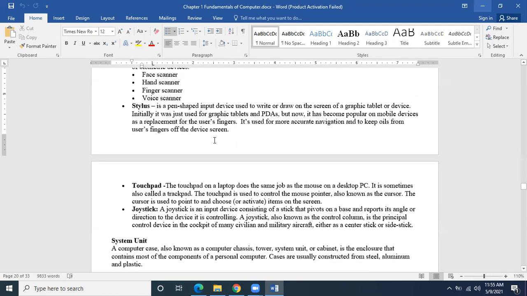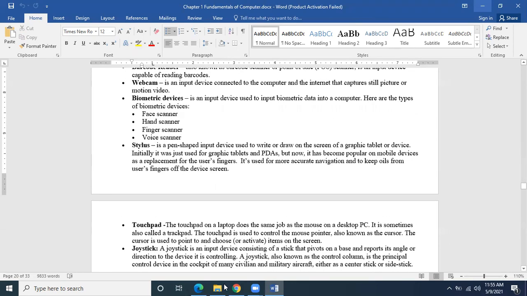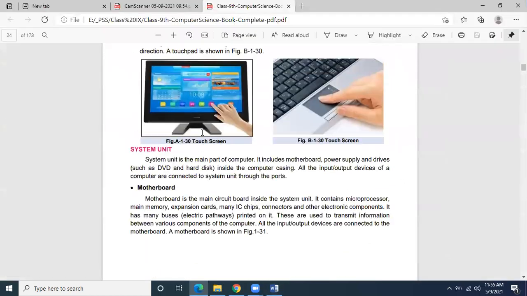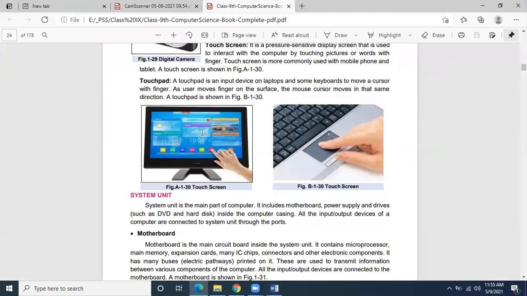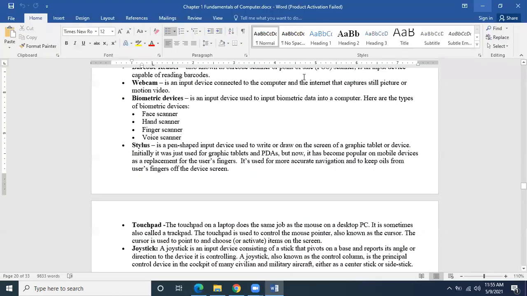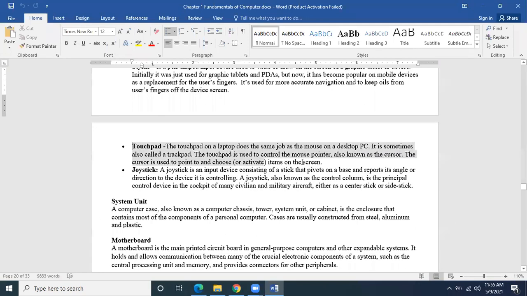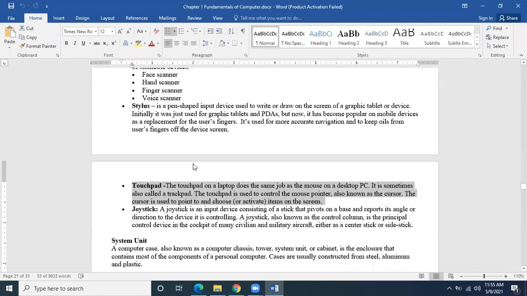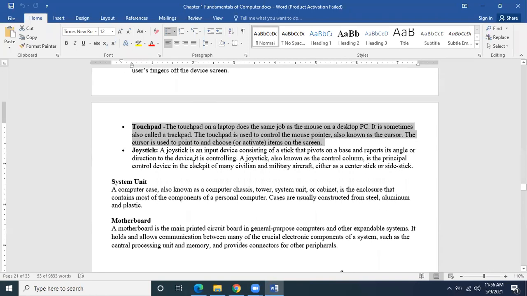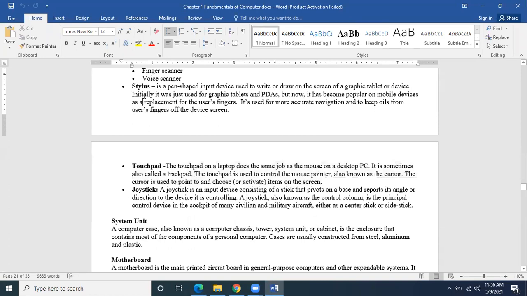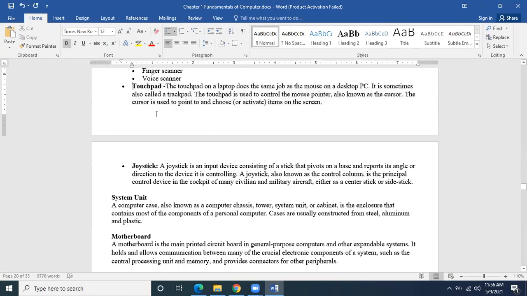Stylus is a pen. These are all the points mentioned over here, but I have mentioned some extra points as well. Stylus is also used to give input, and the touchpad is also an input device, which is built into laptops.